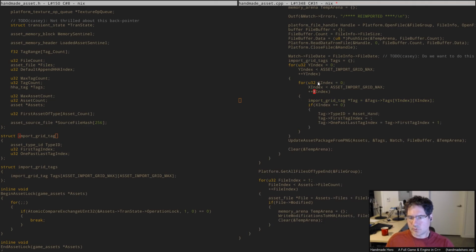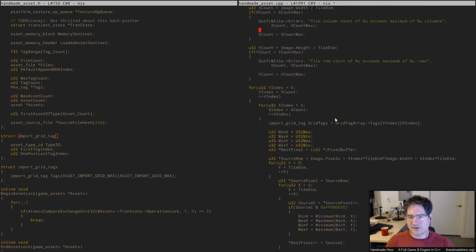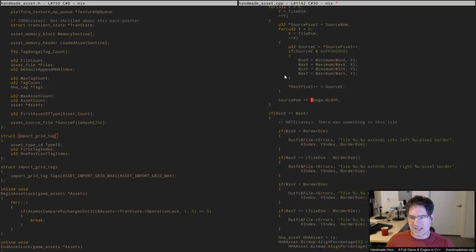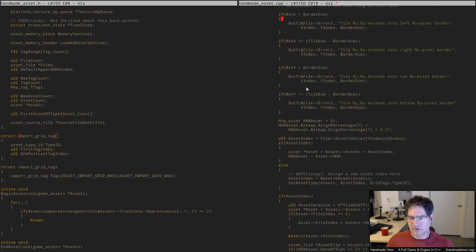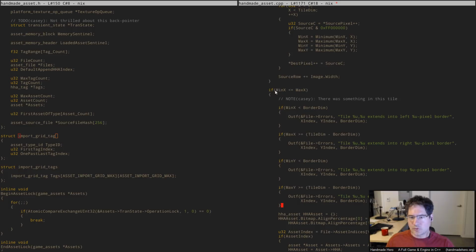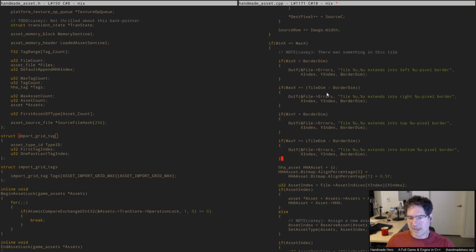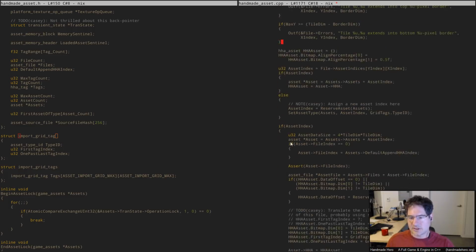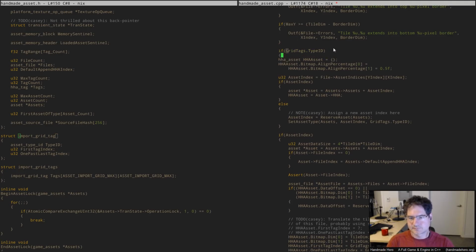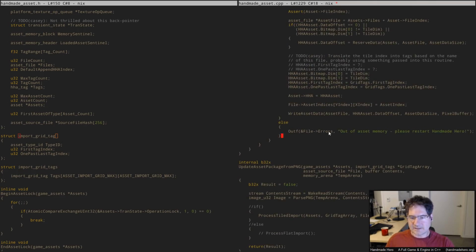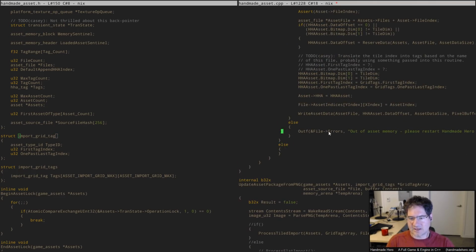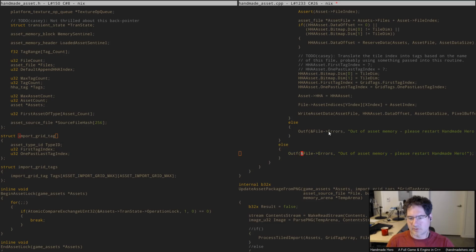And when we go down here, we'll use the y index to determine which tag we should or should not be. Now, going back up here, I feel like that gives us a way to knock these out where we should skip ones that aren't allowed. And so what I'll do is I'll say if the min equals the max, when we come down here, I want to make sure that the grid tags type ID is actually valid,